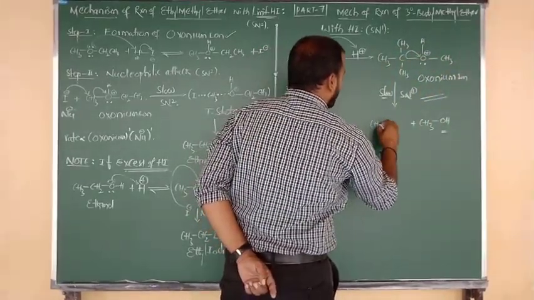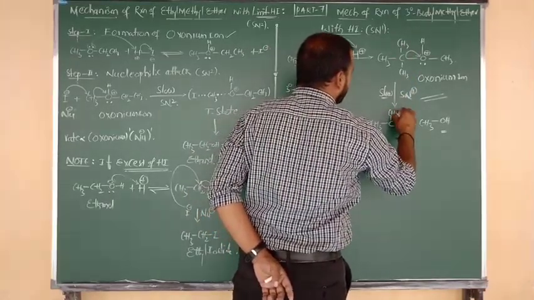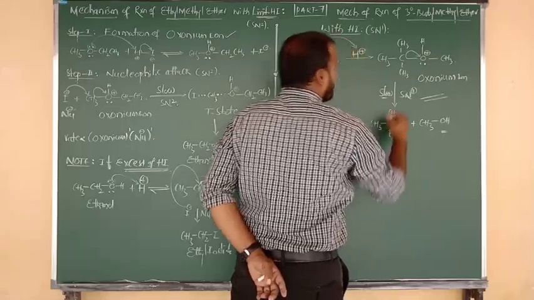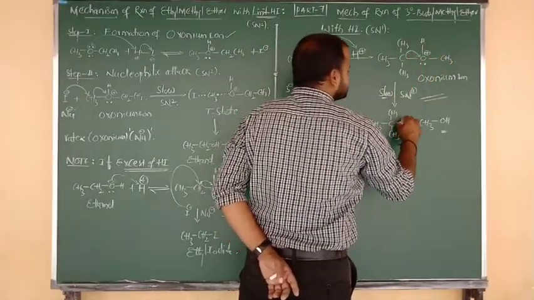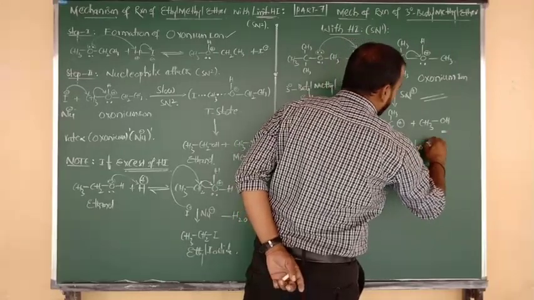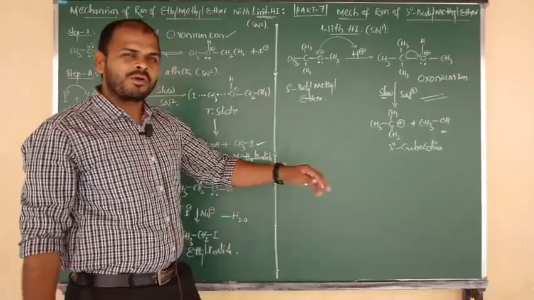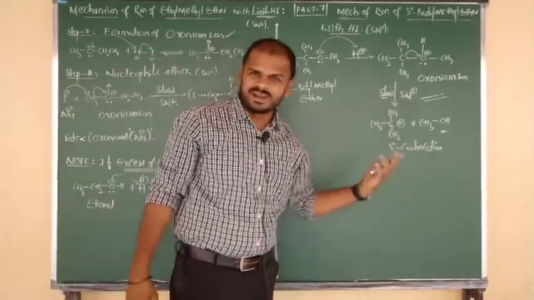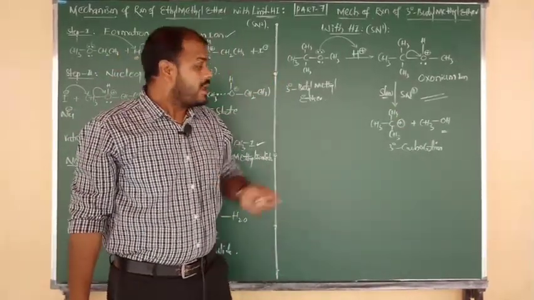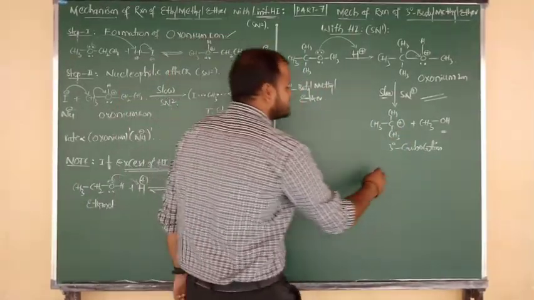So CH3 bonded to C, above plane, below plane, two methyl groups are there. And after delocalization of such a bond, the central carbon contains a positive charge. This is nothing but a tertiary carbocation. So the tertiary carbocation is the intermediate in the SN1 reaction, as we know very well. Now such a tertiary carbocation in step 2, which is nothing but the fast step.